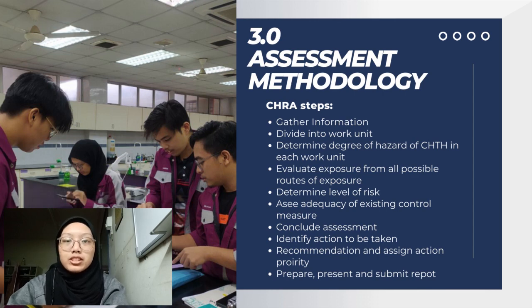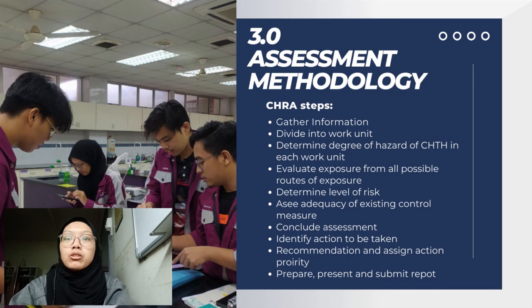I will present about assessment methodology. The step in doing the chemical health risk assessment is accordance with the CHRA Manual 2017 and involve 10 CHRA steps, which is gather information, divide into work unit, determine degree of hazard of CHTH in each work unit, evaluate exposure from all possible route of exposure, determine level of risk, adequacy of existing control measure, conclude assessment, identify action to be taken, recommendation and assign action priority, and prepare, present,